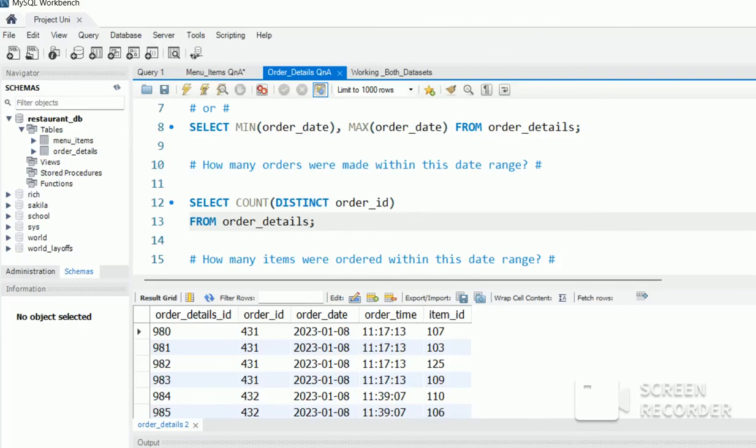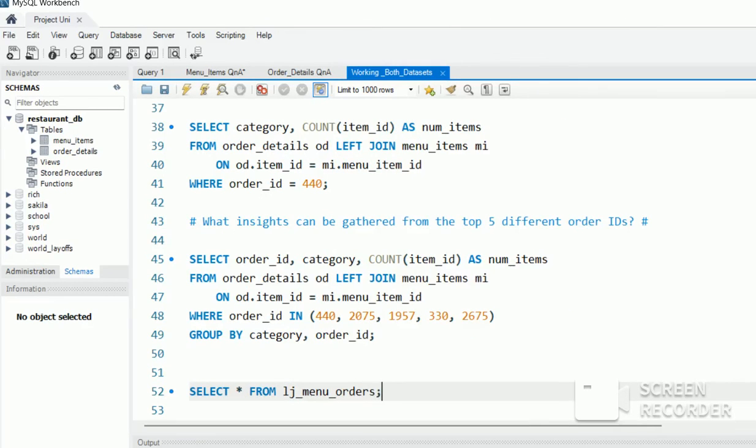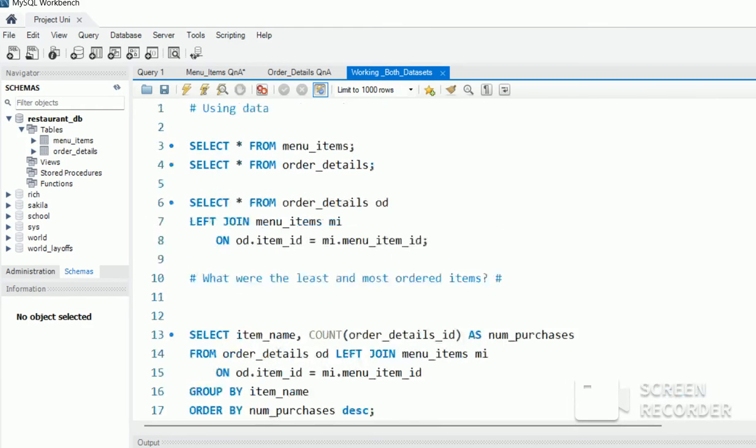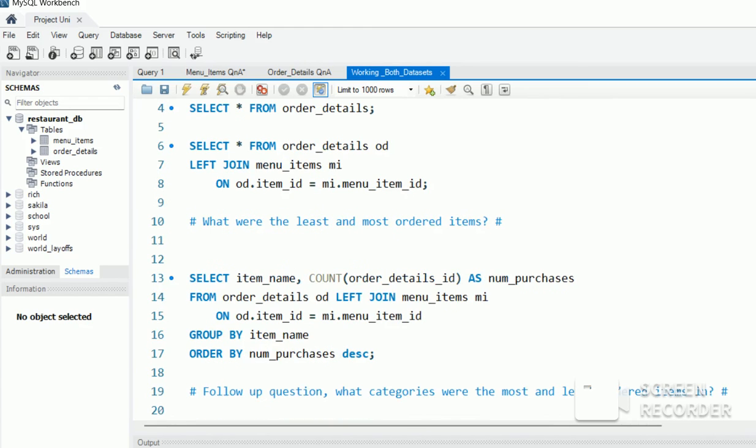So we're gonna work with both data sets, which we will have a subquery, I believe, somewhere along the lines here. So here we are. Okay, select from menu, select from this. Okay, so I believe the most and least expensive ordered items. So we would definitely need to join here. So we select the item name. We definitely want to count, because we're looking at the most ordered, and then as number of purchases, and then from our order details,